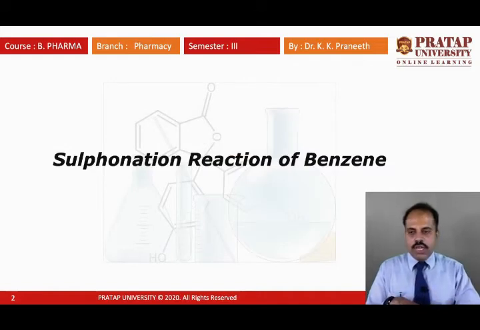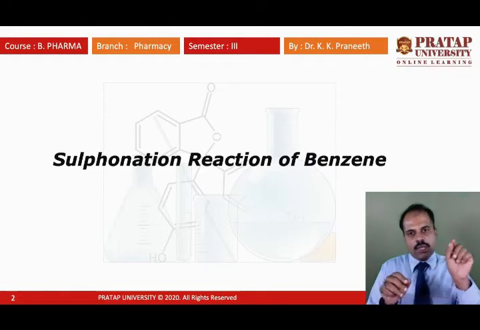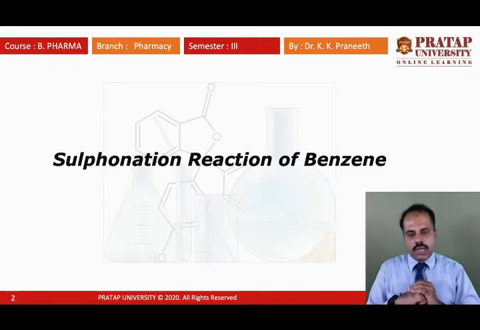Sulfonation is similar to nitration, which means an NO2 group. We have seen previously the nitration of benzene, which puts an NO2 onto the benzene ring. Sulfonation is similar: it is SO3 attached to the benzene. But there is one major difference. It is not attached as just SO3, it is attached as SO3H, sulfonic acid, because benzene having SO3 is not stable. We will see the detail in this reaction.